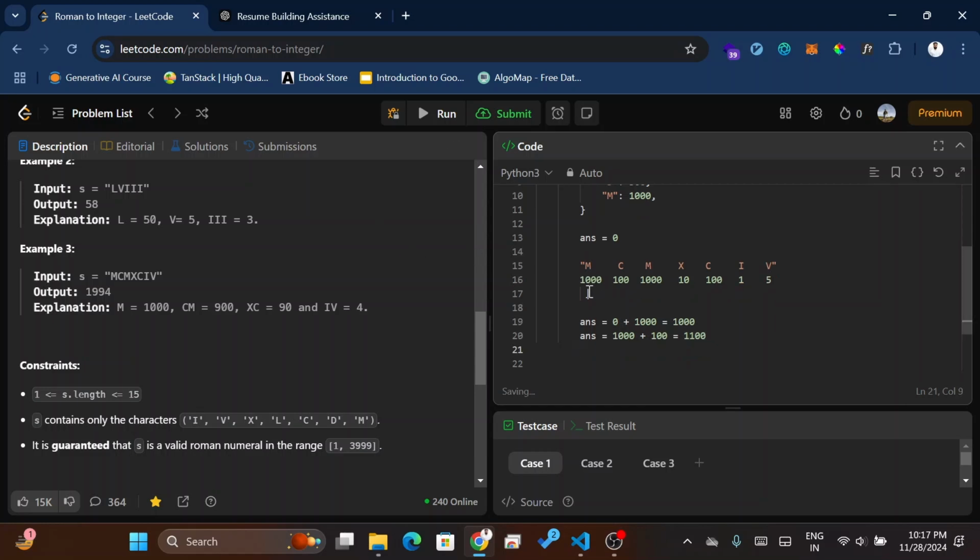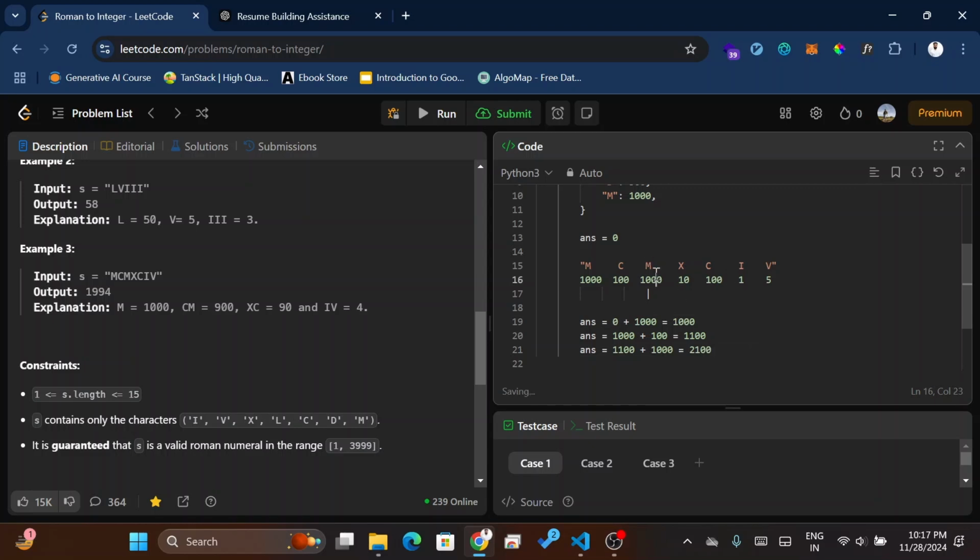Okay, now we were here. After adding the value of the C, we get to the third character, which is again 1000. So at this point the value of answer should be 1100 plus 1000, and this is going to be 2100,